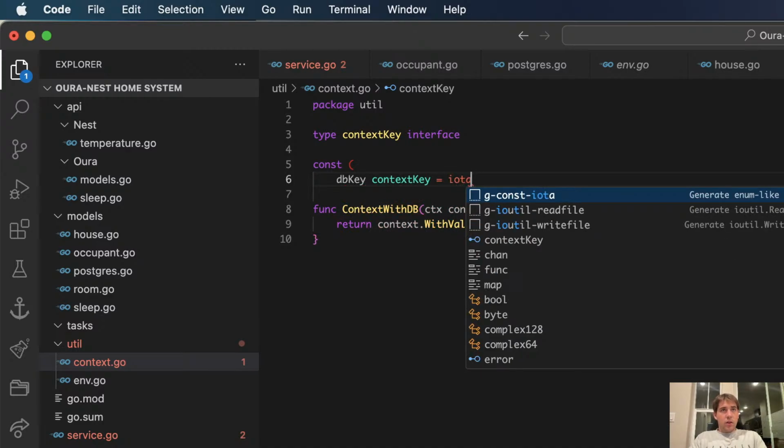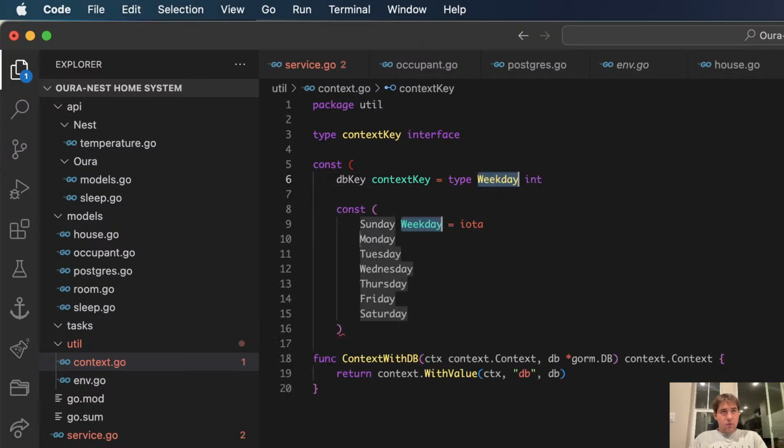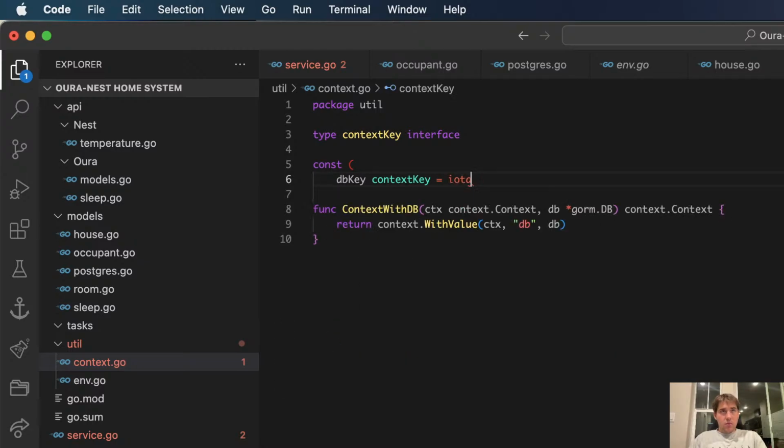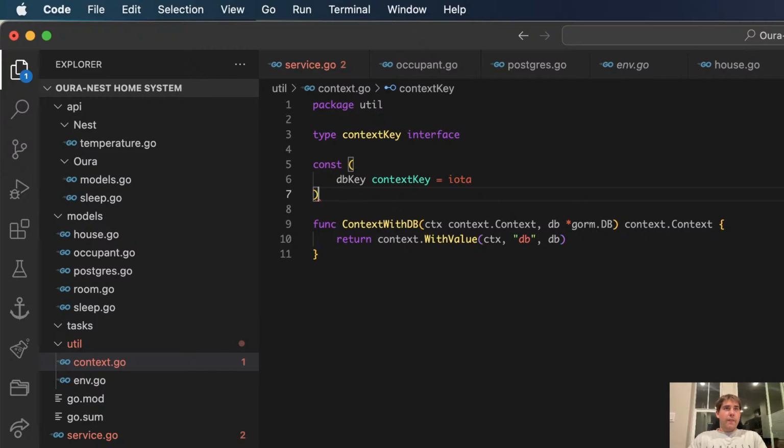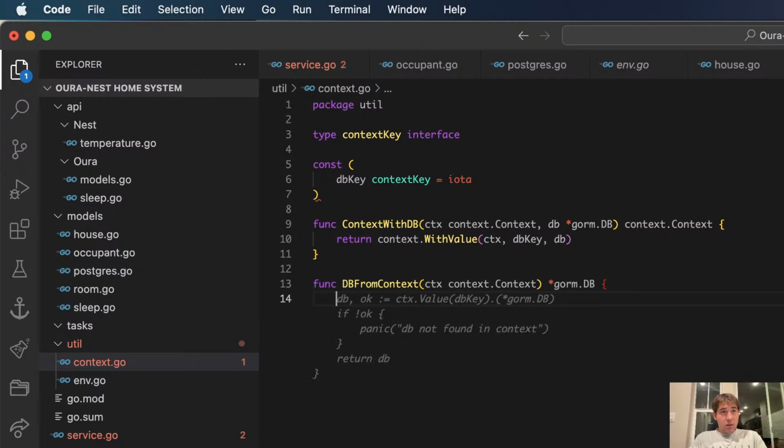Cool. So now we're going to do an iota. Oops. Yeah, let's do that. And then it's going to be db. I think that should work for now. Yep, and then we're going to have db from context.